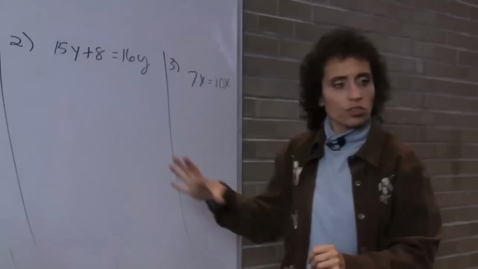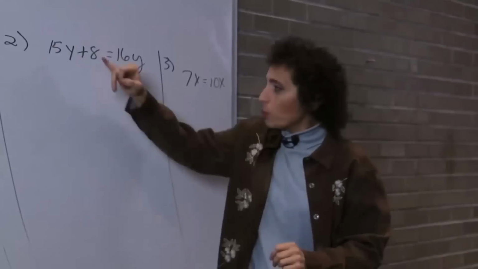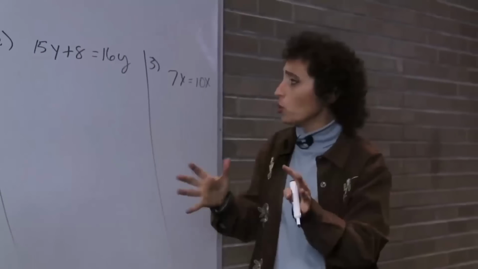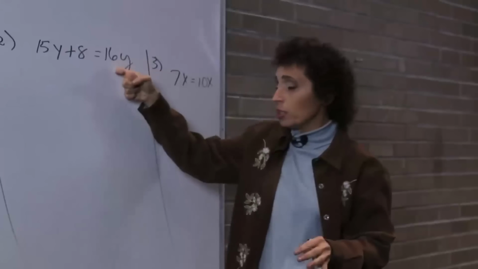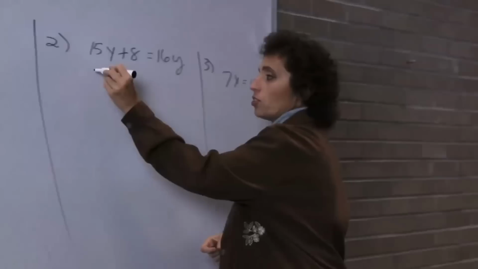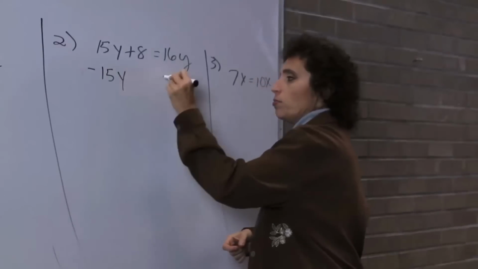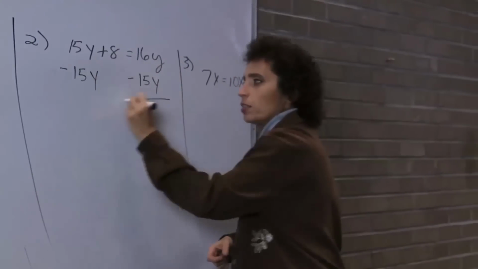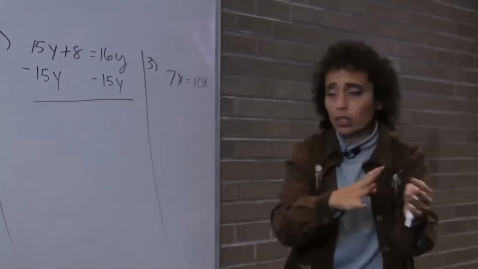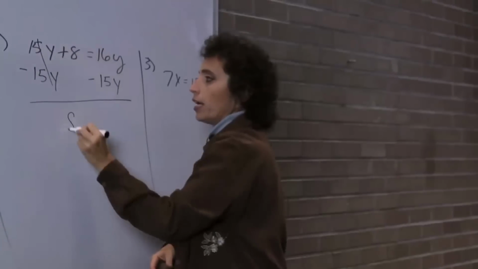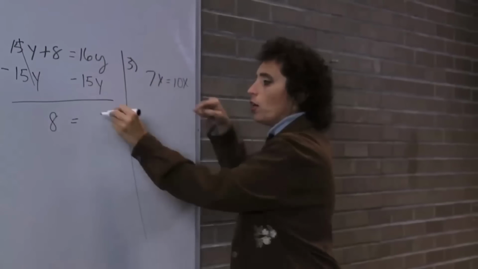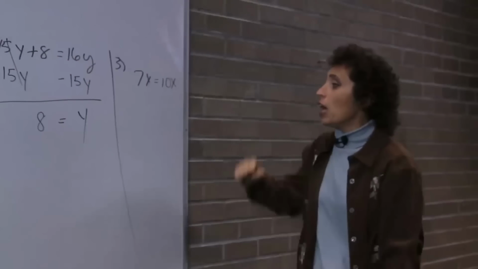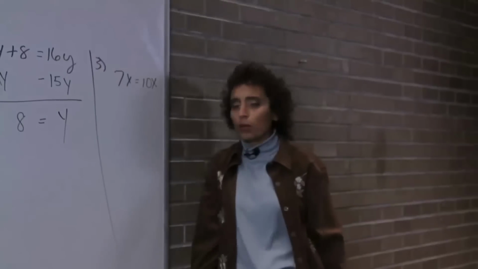This one looks almost the same. I'm going to have to move a y, and that's what you should notice right at the get-go, because I have y's on both sides. I'm not going to touch him because he's alone. I'm going to touch this guy. Doesn't matter what side you get the variables on. Just make sure the variables are on one side, numbers on the other. Okay, and we get 8 equals, I have 16 y's, I owe you 15 y's, so I have a y, and it's done. This is the hardest problem for most people, believe it or not.